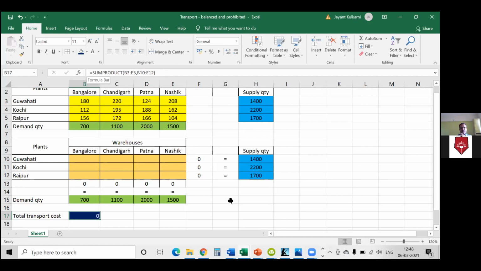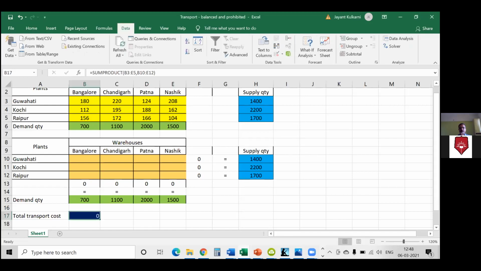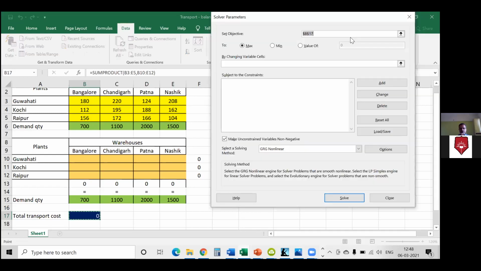Okay, so the last step now is to go to Solver. So watch carefully now and do it with me. If there are any queries from the first example, you should be able to clarify those now in the second example. So how do we do it? Go to the Data menu at the top. Under the Data menu, you will get this add-on at the top right-hand corner called Solver, right? Click on it. It will open this window for you.